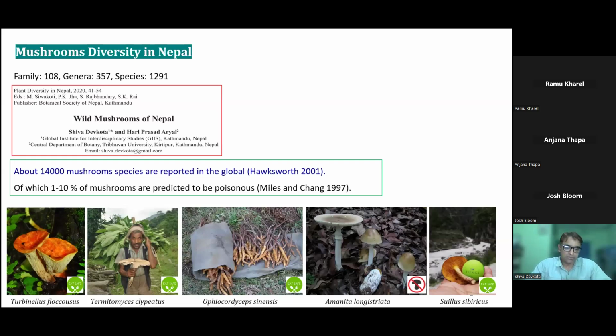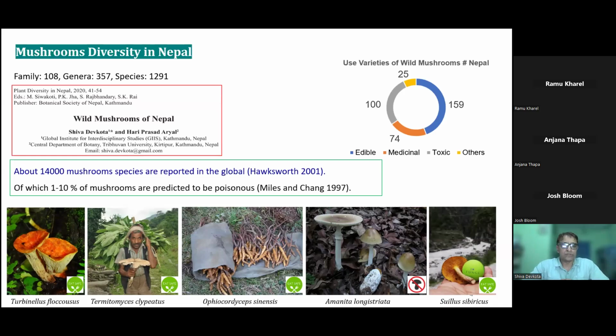I think we should know about the mushroom diversity in Nepal, because so far in Nepal we have 229 different kinds of species. And I would say this field, the mushroom field, is still overlooked. I guess we have more than 10,000 species in Nepal, but so far only 291 species have been reported. If we look globally, about 14,000 mushroom species are reported, of which 1 to 10% are predicted to be poisonous. If we look at Nepal,